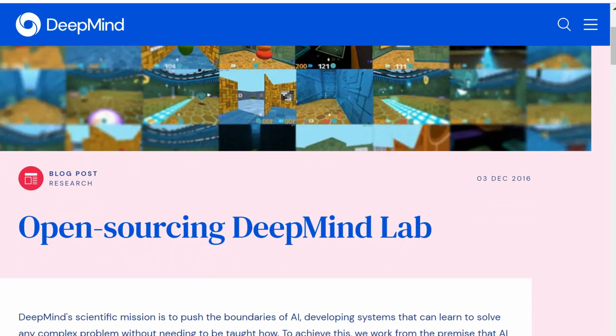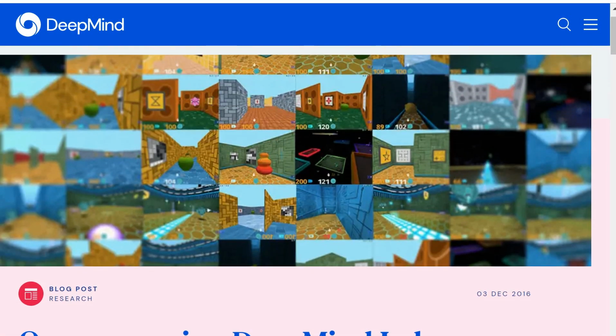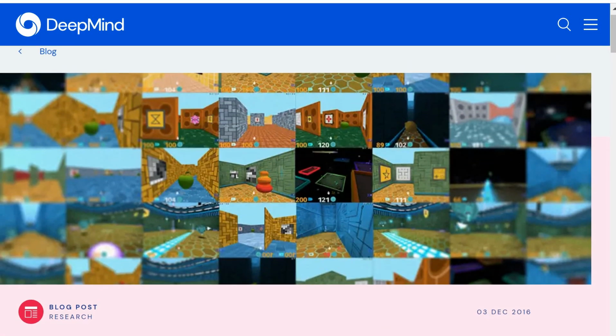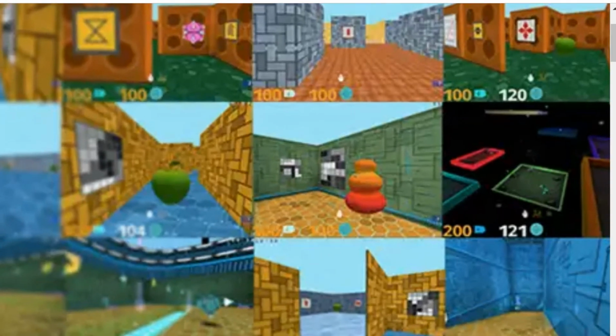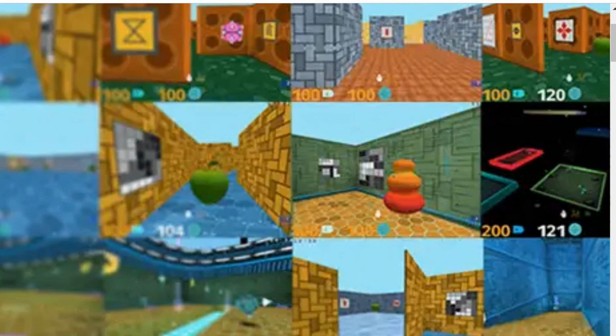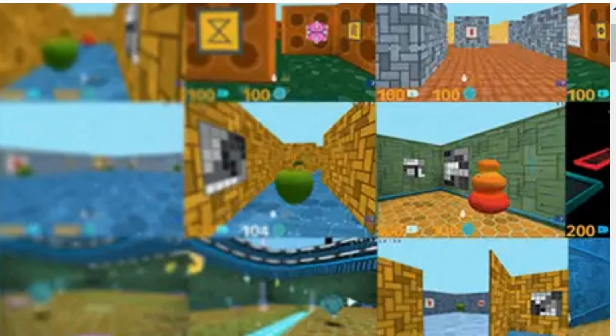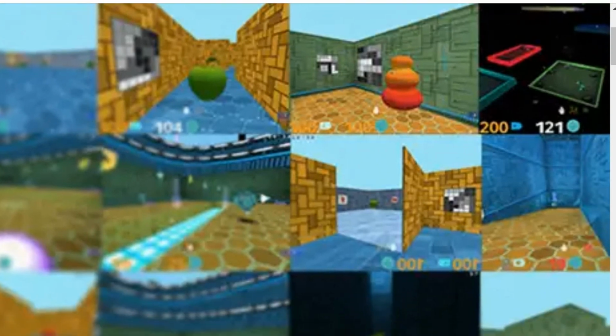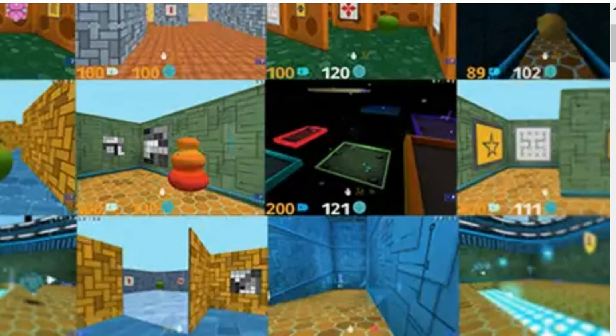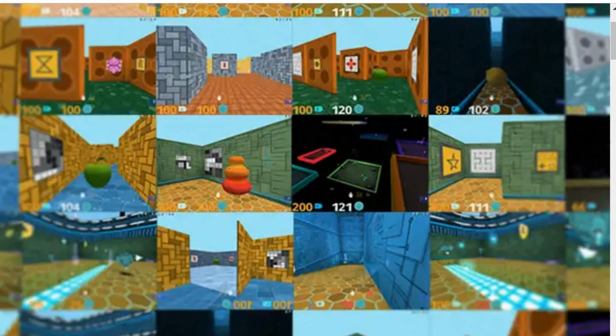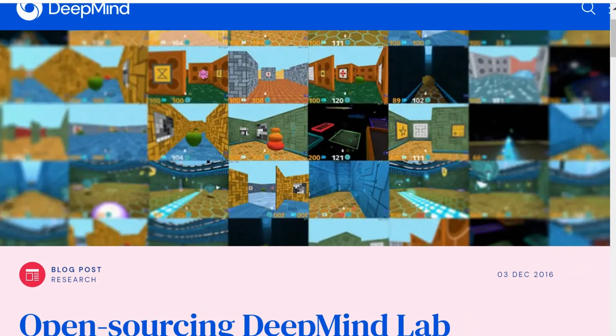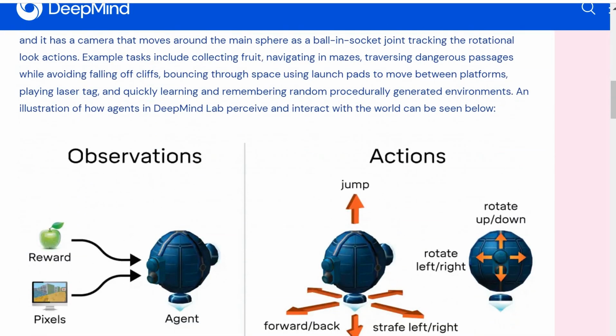So I want to introduce this by showing you this task here. This is called the DeepMind Lab. And the DeepMind Lab is a kind of 3D environment, as you can see here. These are screenshots where there are very different goals, but some of these, as you can see, are labyrinth-style things where you have to collect apples. Some are platformers where you, I guess, have to jump around and so on, or find objects. So DeepMind introduced this as a